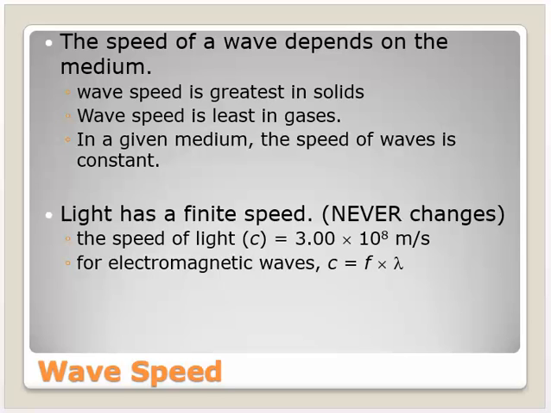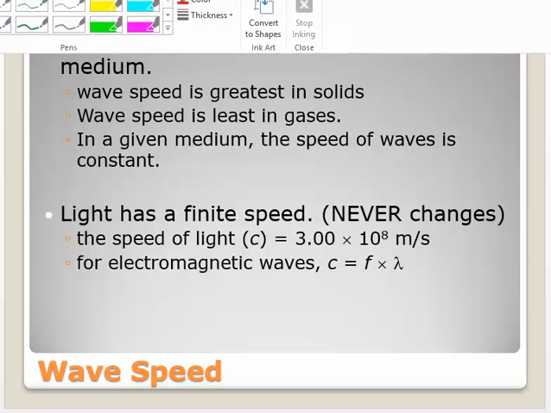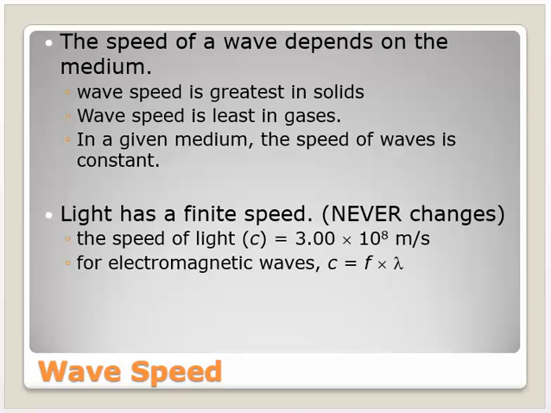Okay, the speed of a wave depends upon the medium. What this means then is in different materials, sound or waves are going to travel at different speeds. They'll travel differently in water than what they do in air. These are all obviously for mechanical waves. Electromagnetic has one speed because the medium doesn't matter for the most part.